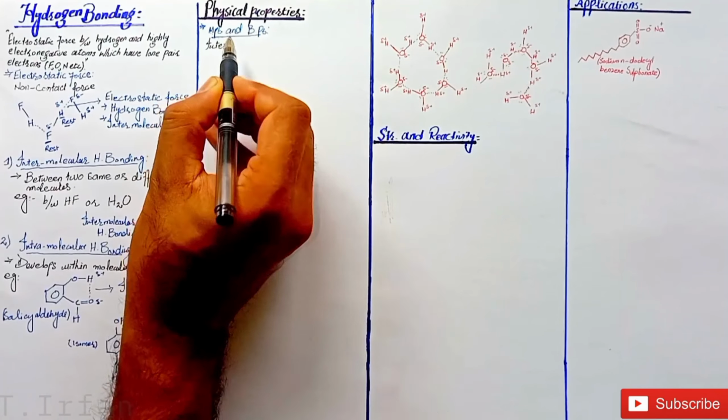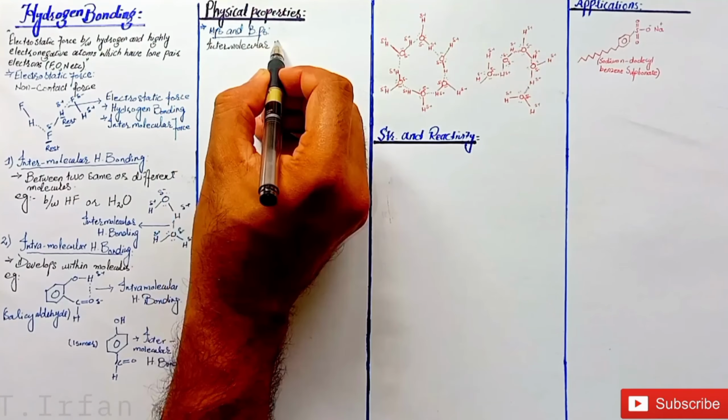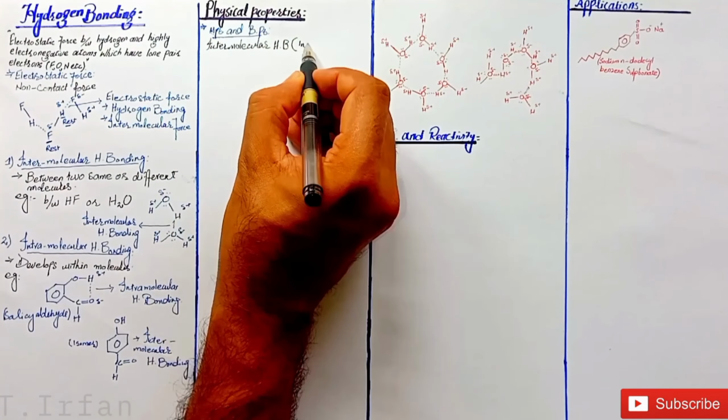Those molecules which show intermolecular hydrogen bonding have a higher boiling point as compared to those molecules which don't show hydrogen bonding and have intramolecular hydrogen bonding. For example, water shows intermolecular hydrogen bonding and has a higher boiling point as compared to ether and petrol which don't show hydrogen bonding. This is because water molecules hold each other through hydrogen bonding and cannot evaporate easily, while, on the other hand, the molecules of ether and petrol do not hold each other and can evaporate easily.